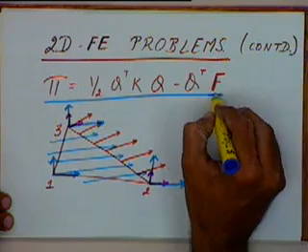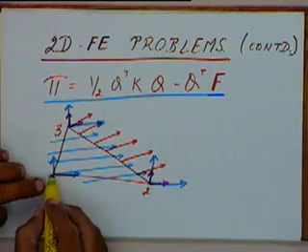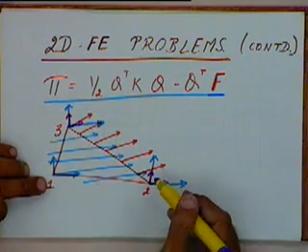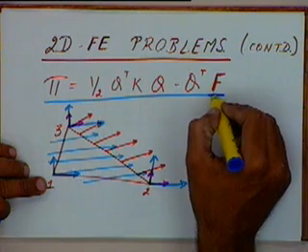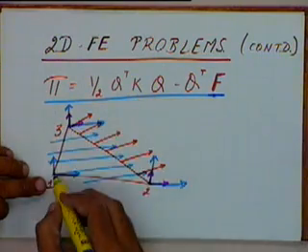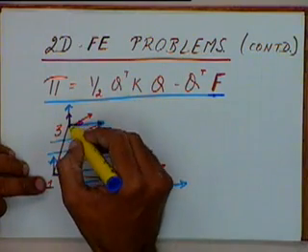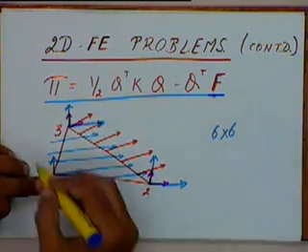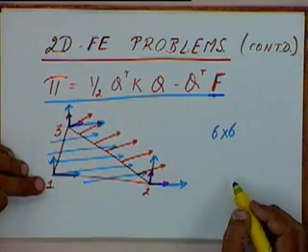And this way we can compute the global force matrix by including the forces on each of these 3 nodes plus all the point loads at each node. That way we can compute the total or the global force matrix, and the stiffness matrix can be computed by finding the local stiffness matrices for each of the elements, which will be 6 cross 6 matrices, and then we can compute a global stiffness matrix. Let's take a small example of how we can compute the matrices in this case. The process is going to be absolutely similar to the process for one dimensional elements.